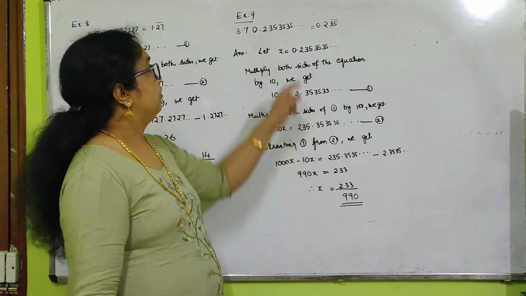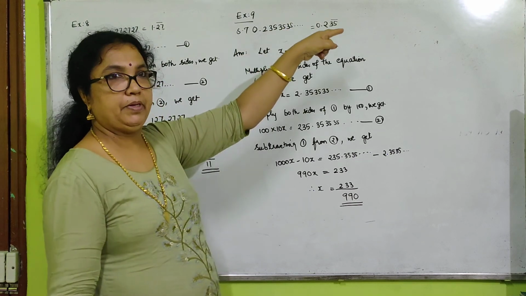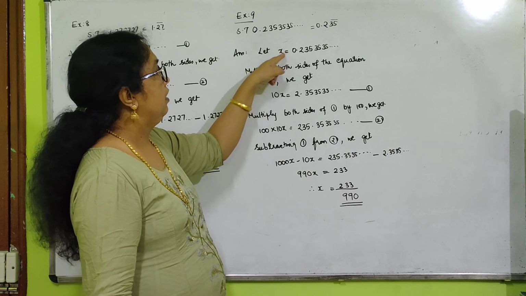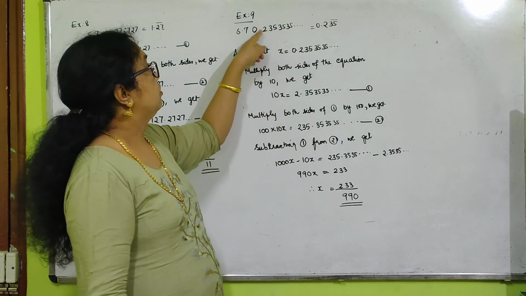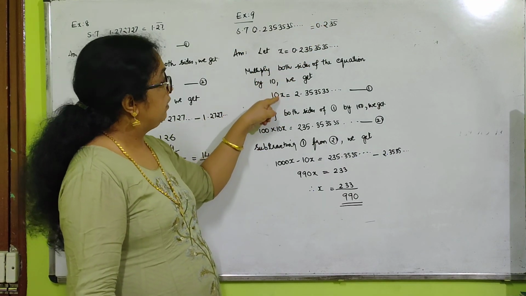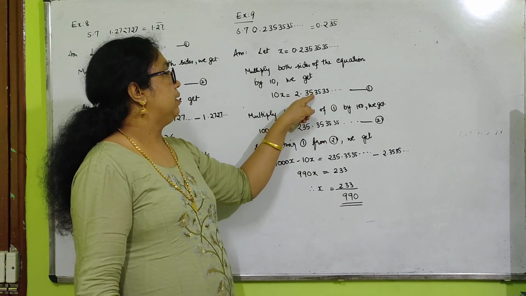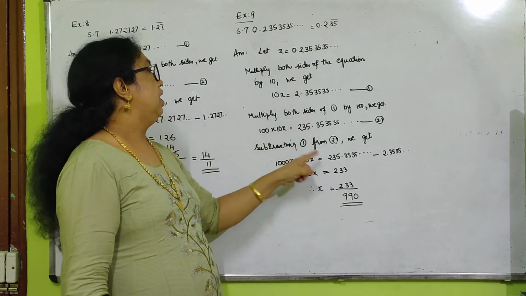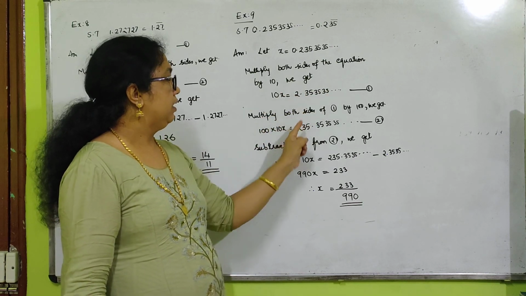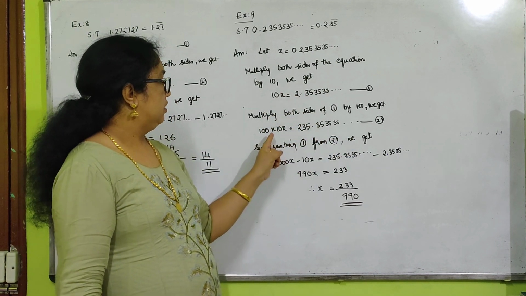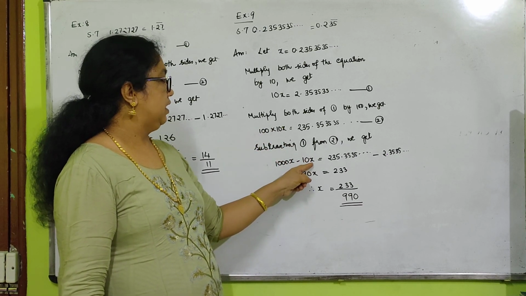So, understood here? After the decimal 2 is not repeating, only 3535 is repeating. So what is the first step? Let x be that number. Then I moved the decimal, since we need to get the repeating block right after it, so I multiplied by 10, and gave that as the first equation. Then 2 digits repeat, so multiply by 100. Here 100 into 10x, and you get 1000x minus 10x.